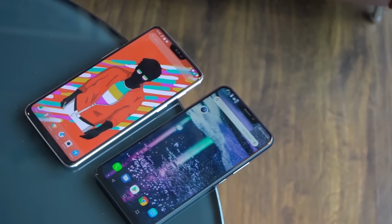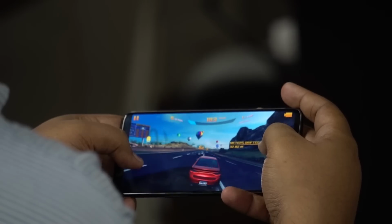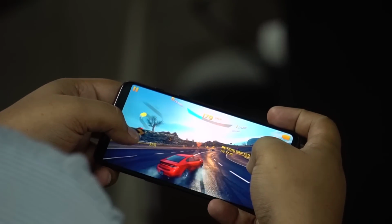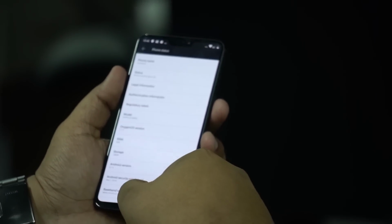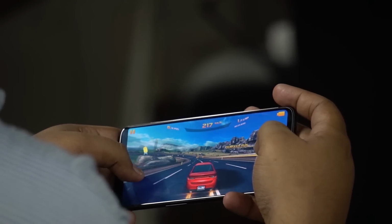Yeah. So kind of plus and minus of both the displays, but both are top of the line for the price. I've played games on both the devices. They feel almost the same. They have some optimization. OnePlus 6 has this gaming mode. The Asus Zenfone 5Z has this Game Genie, and games work brilliantly on both of these. So if you see in terms of benchmarks, you might be able to make out a difference, but if you play games or heavy applications, both are just the same. I actually didn't notice any frame drops on either of the phones when I was playing PUBG or Asphalt 8